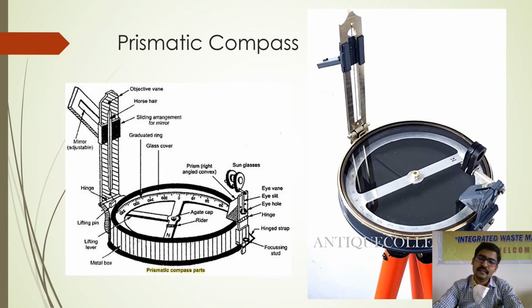And along with this, the magnetic compass or prismatic compass even comes with a stand. So the magnetic compass will be placed over a stand. There is a screw arrangement which will have the ball and socket arrangement. So it will be screwed to the tripod stand, right? So that you can fix it to the compass stand and you can freely work with your hands to rotate the compass and sight the object, right?